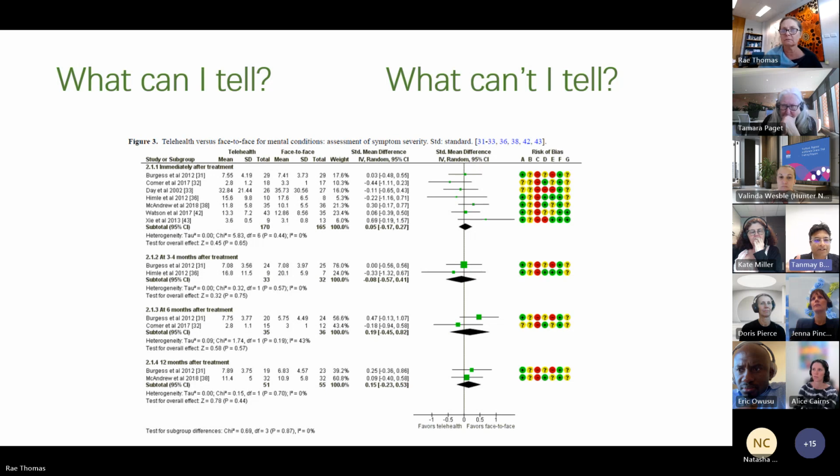And then same with the other at 6 months after treatment and 12 months after treatment. Anything that crosses that vertical line of no effect is not statistically significant. Okay, great. That's why the picture's really cool. Once you know it, it's easy to spot. And I love the way they have presented the findings.